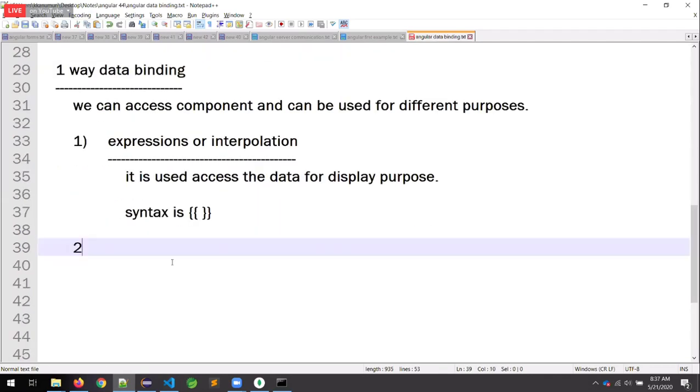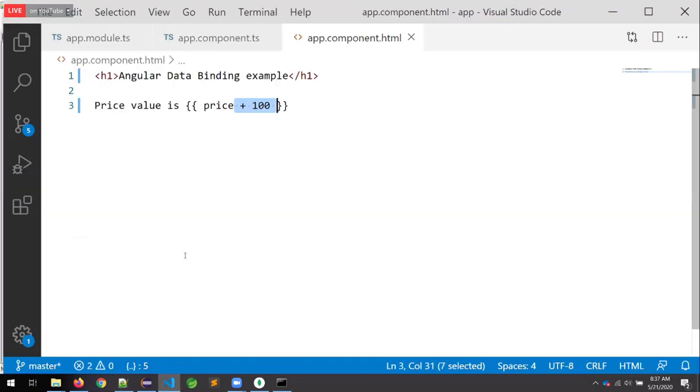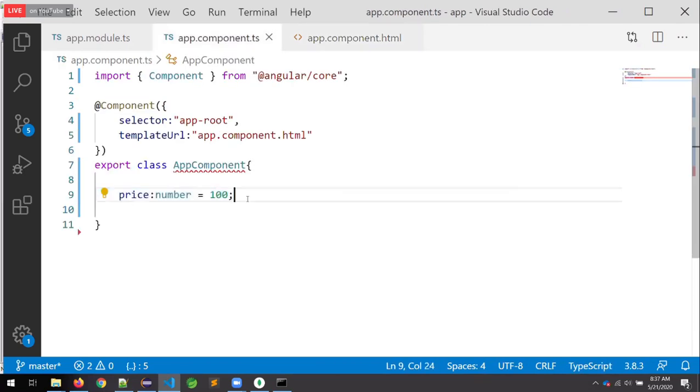Now, second point. Attribute binding. Now observe. Very simple. How to display an image in the HTML? What is the tag we are going to write?